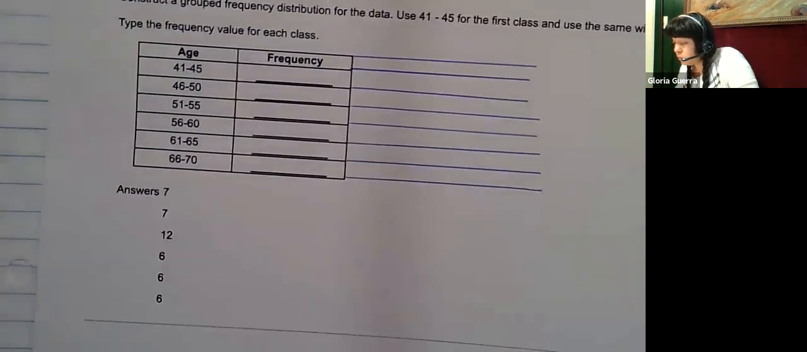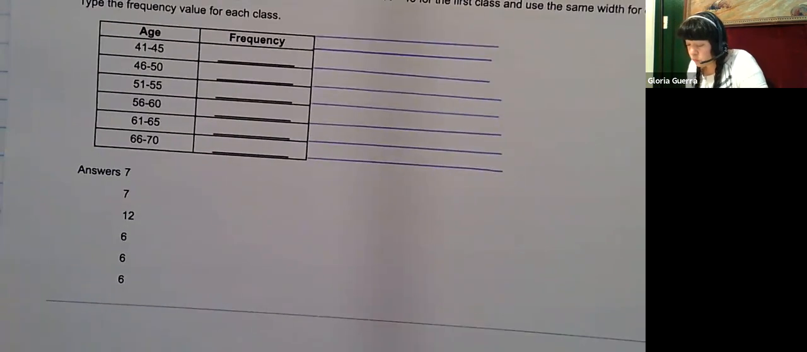Okay, now we're going to look at 16. Let's see. So